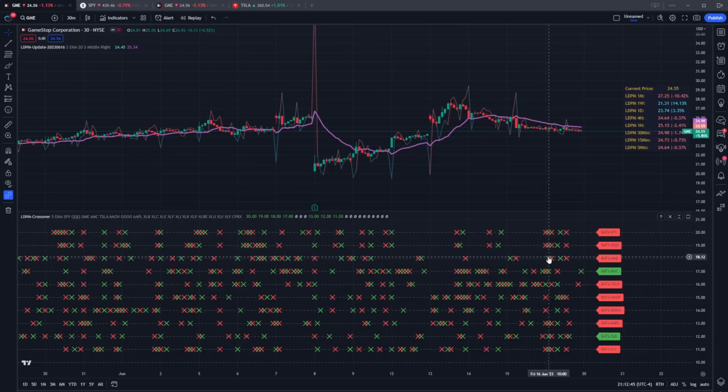The second component are all of the X's on the lines. These represent LDPM crossover events, and the third component is the color of these events and the color of the label. When these crossover events are bearish, the X is red, and when the crossover is bullish, the X is green. The labels share the same color as the most recent crossover event. So we see on SPY, the most recent crossover was bearish, and so we have a bearish or red label